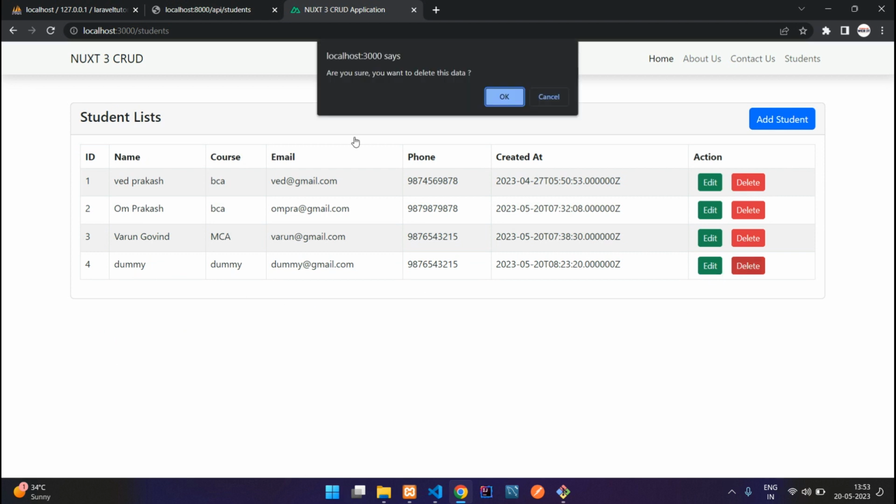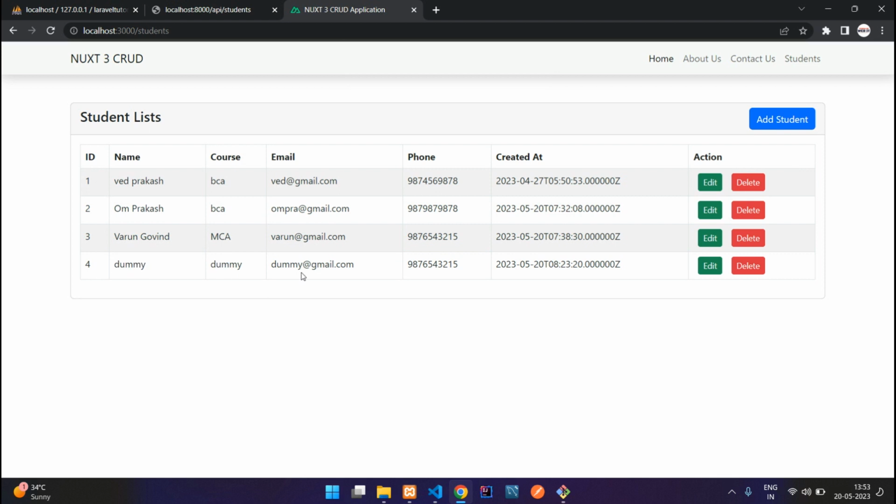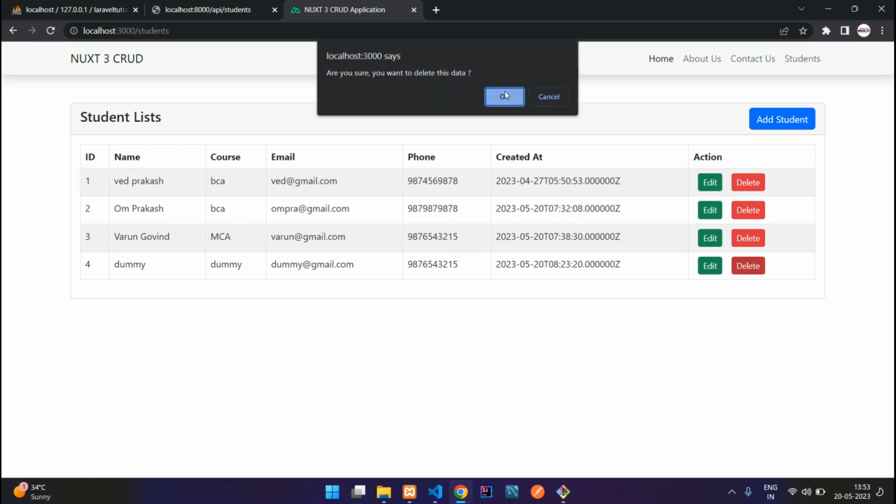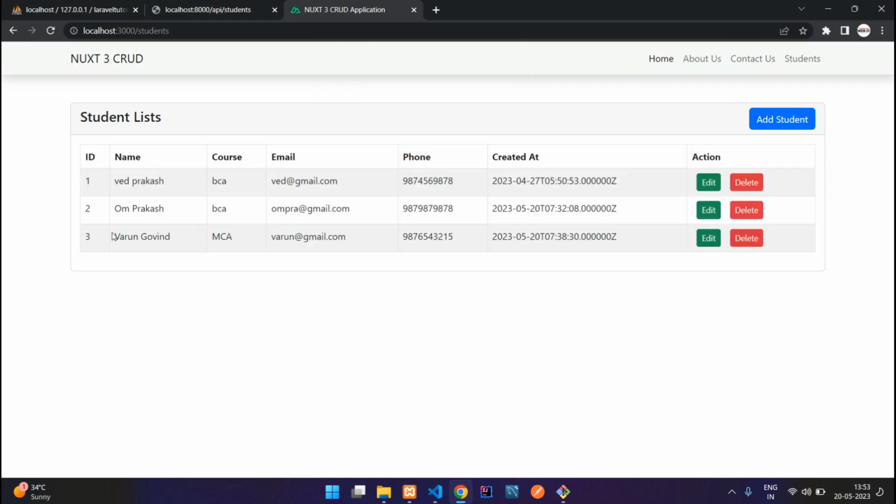And now let's click on delete. Are you sure? First I'm going to cancel so nothing happens. And now if I click OK, then let's see. Okay, it's loaded. Done, guys. So guys, we have seen how to delete the data from the database using Laravel API in Nuxt JS